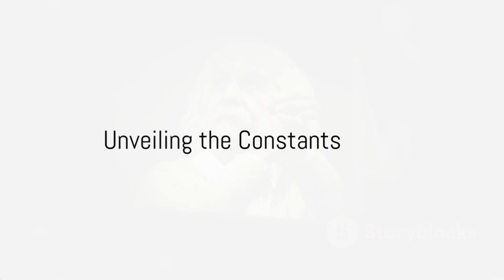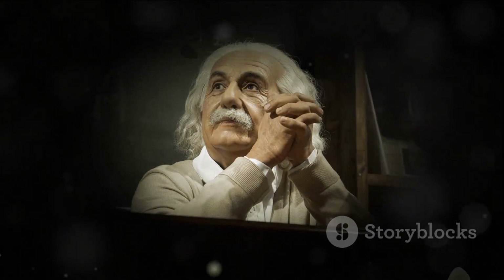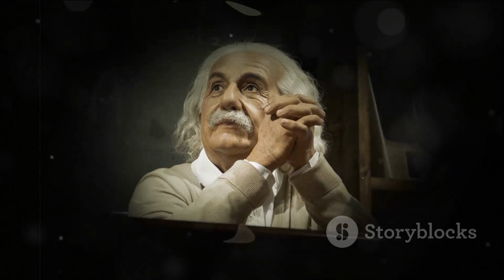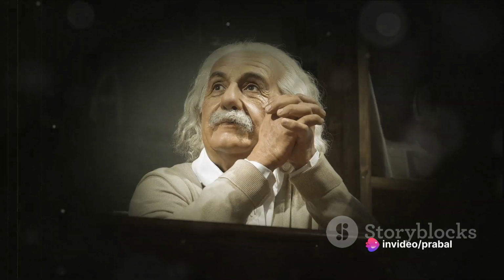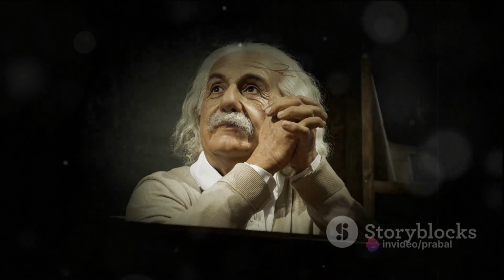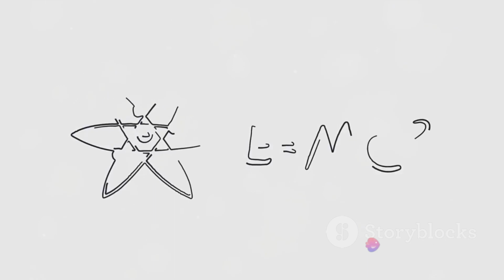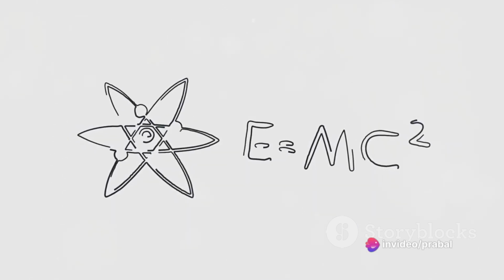of relativity. In the early 20th century, a brilliant mind named Albert Einstein introduced us to this groundbreaking theory. It's a theory that doesn't just deal with the physical world as we know it, but dives deep into the very fabric of reality, shaking our understanding of time and space to its core. The theory of relativity consists of two parts: special relativity and general relativity.